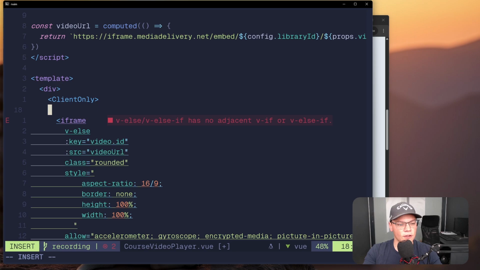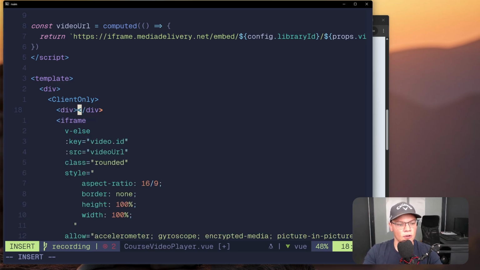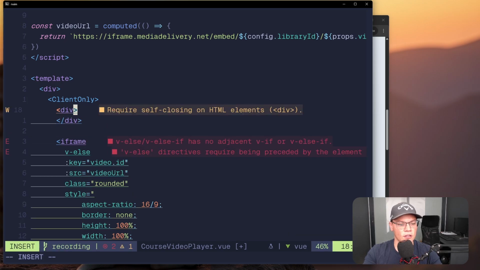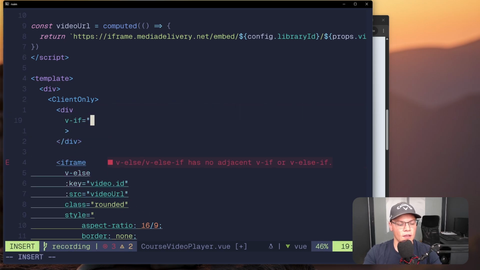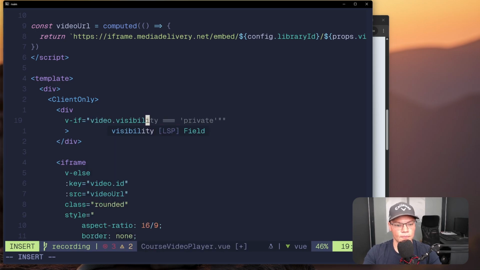But what we want to do is first check if this video is premium, and if it is premium, does the user have access to premium features? If they do, then we can show it, but if they don't, we need to show them a link to go subscribe. So we'll create a new div, and then on this we'll create the v-if, and we want to check that if the video.visibility is equal to premium